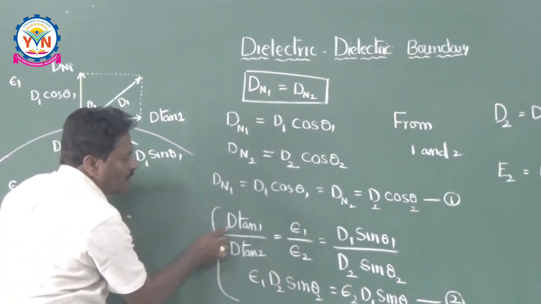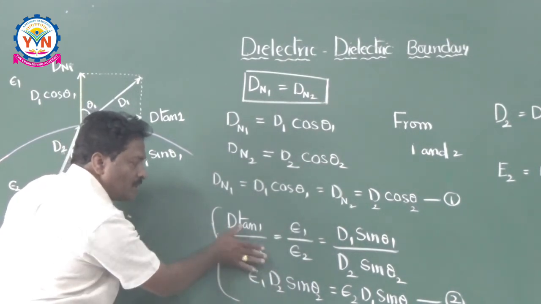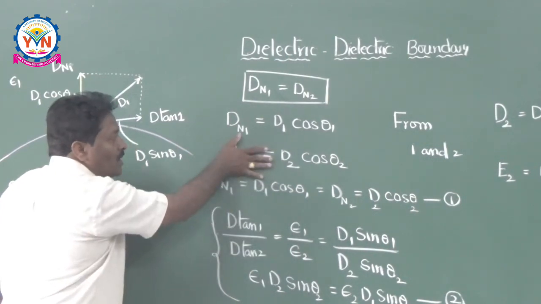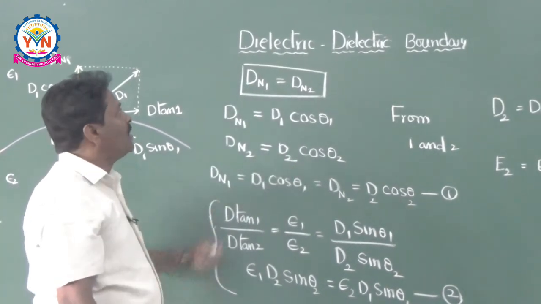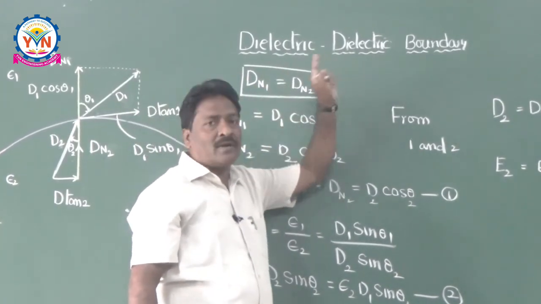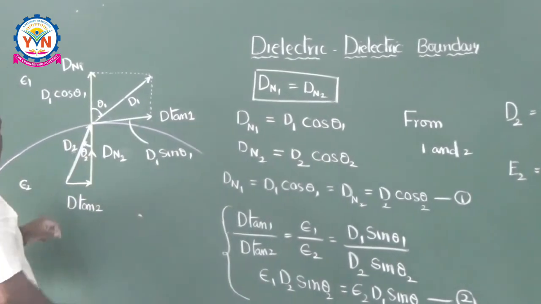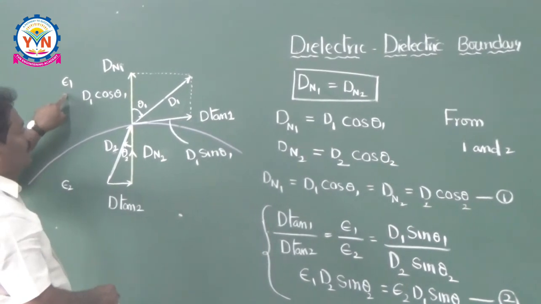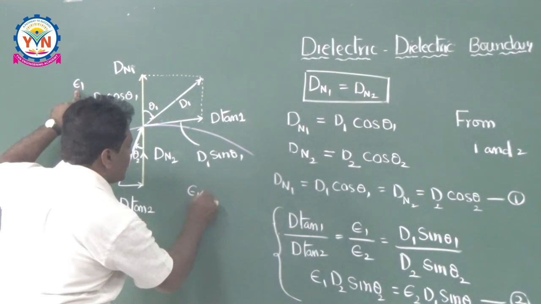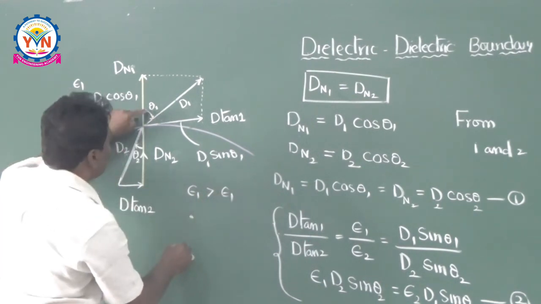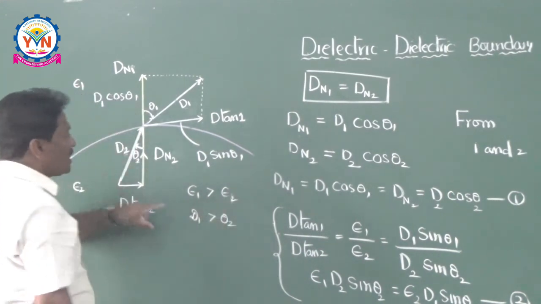So in this one, what you have written here is the tangential component of E indirectly. Epsilon times E means D. So tangential component of E is continuous. Tangential component of D is discontinuous. Continuous components can be used for doing the problems in the case of dielectric to dielectric boundary conditions. Once you know this, then if epsilon 1 is greater than epsilon 2, definitely you can get theta 1 should be greater than theta 2. This is the conclusion given here.